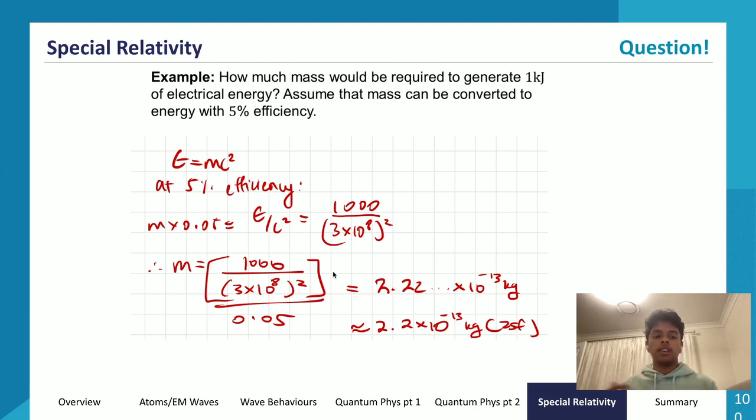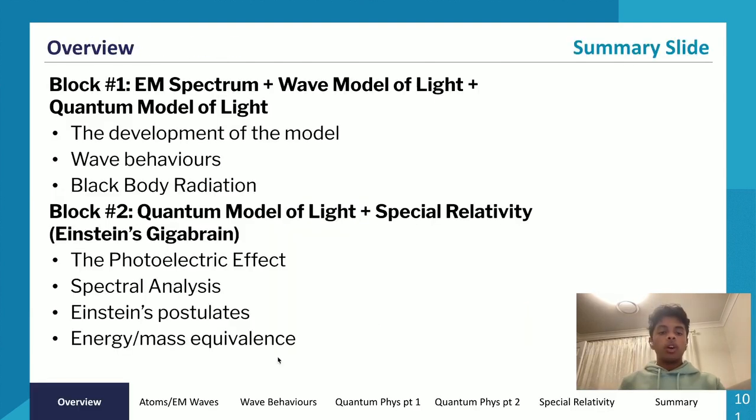So you can see stars that are combusting thousands upon thousands of kilos of mass, basically, and turning it into energy. They're producing a lot of energy. We'll go through this and you'll examine this more in module 8 in your final term of physics. But this is basically a very simple application of Einstein's mass energy equivalence, or this equation of E equals mc squared. So let's go through a quick overview of what we've done.